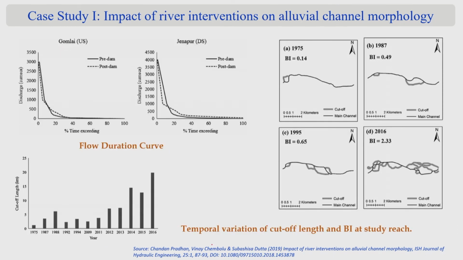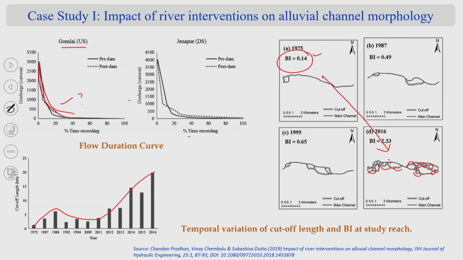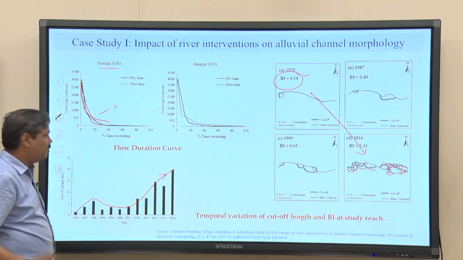Next part: the upstream sediment discharge and all did not change much, but downstream, if you look at it, the discharge and the flow distribution curve have changed. Not only that, the Brice index has significantly increased, from 0.14 to 2.3, and you can visually see how braided channel formation happened. And if you look at the cutoff length, it is still increasing like this. So, that is the curve. The river meanders, it is going to the